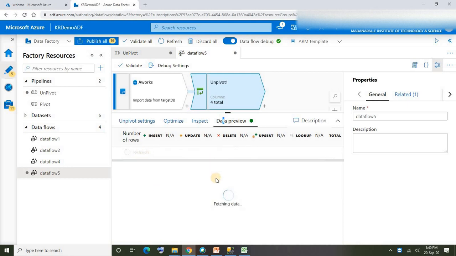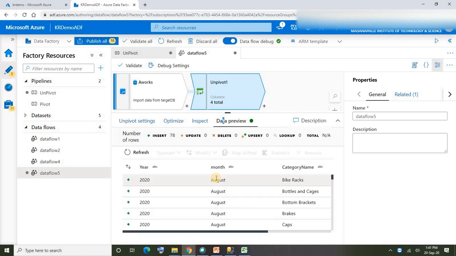If you observe the difference between pivot and unpivot here, map drift will be there in pivot, whereas in unpivot there won't be map drift because the schema is fixed. You can't expect the schema to change dynamically on the fly.